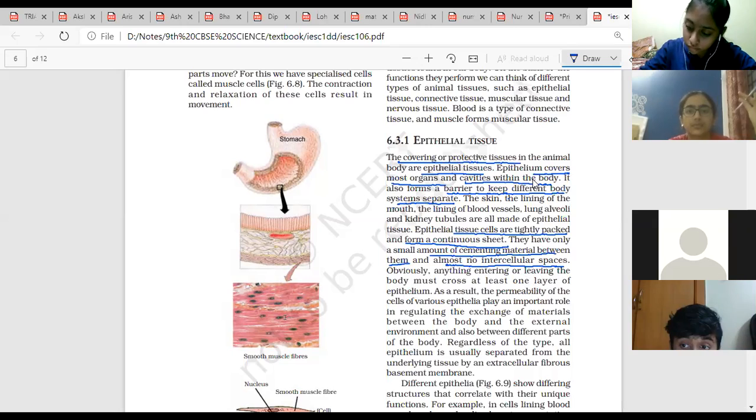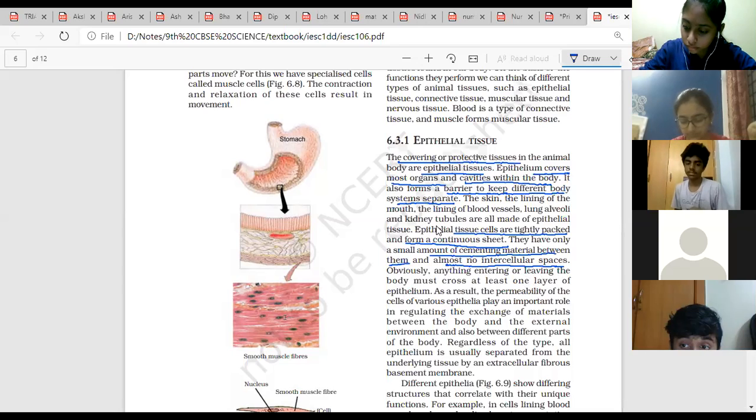Door. The walls you have to pass, through the walls there is a door. So that means you have to cross the wall. Doors are present in the wall openings. We cannot pass through the wall, so that's the reason we made a door. But we have to pass through that. So from moving out of the house, we have to cross many walls. Like that, any substance has to get in or get out.